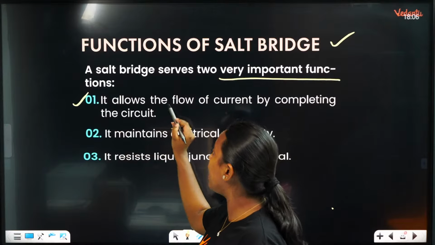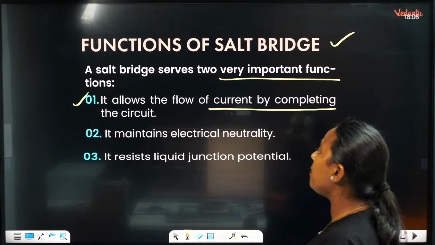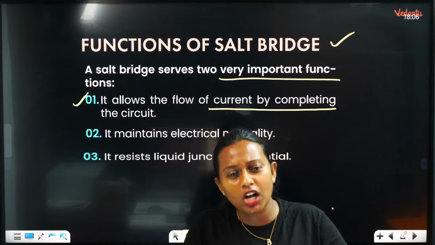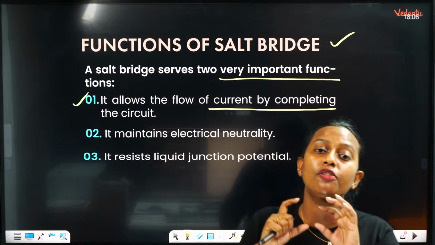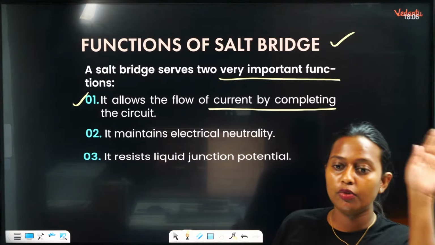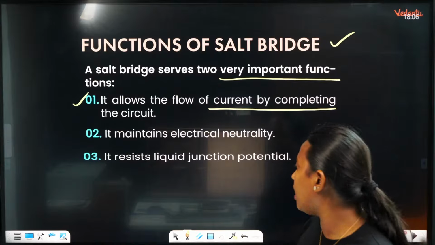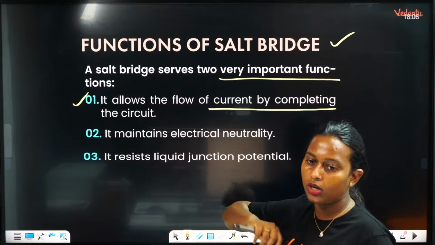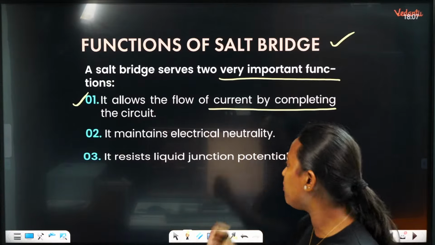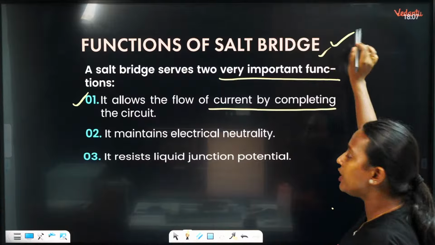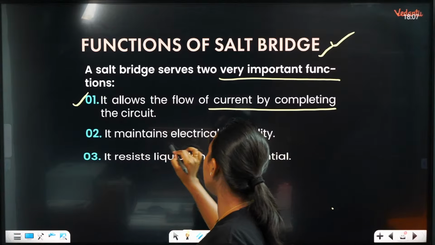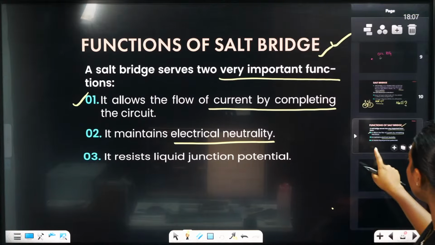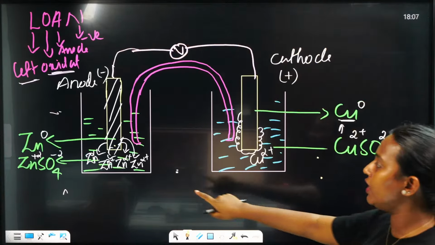First, it allows the flow of current by completing the circuit. The circuit is complete only if a proper salt bridge is there. For electron flow and current flow, a salt bridge is definitely needed. Second, it maintains electrical neutrality. We know that the concentration of Zn2+